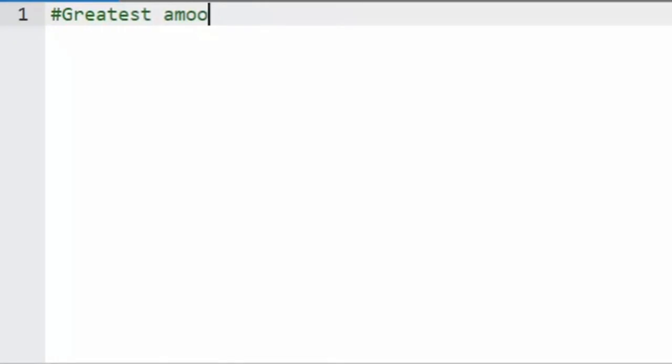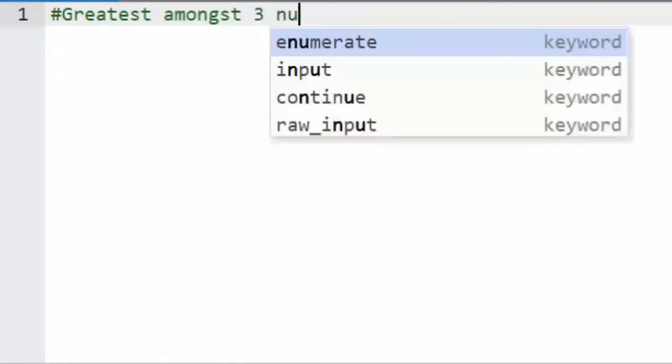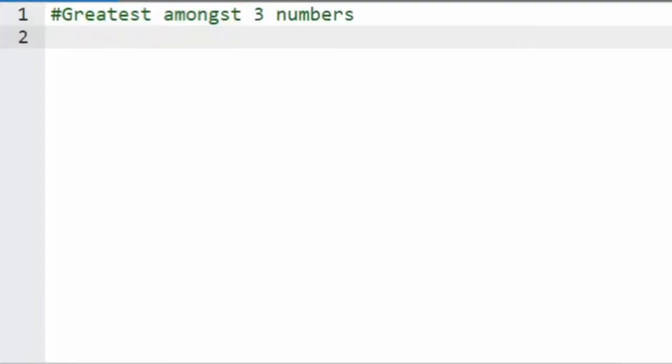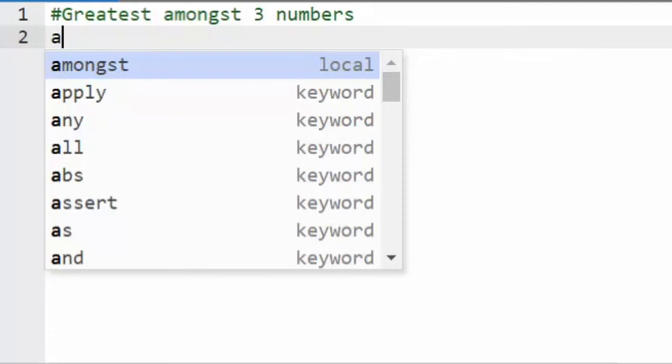So what is the algorithm over here? I should be reading three numbers. What is the procedure to read the numbers? I'm giving the identifier, so I say A is equal to integer, and I'll be using the input method.